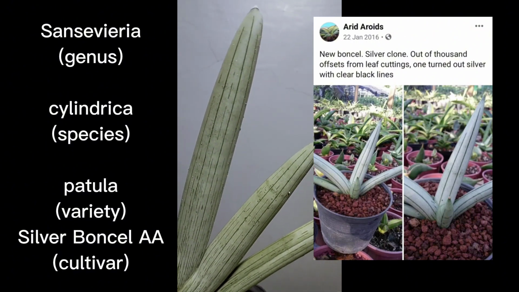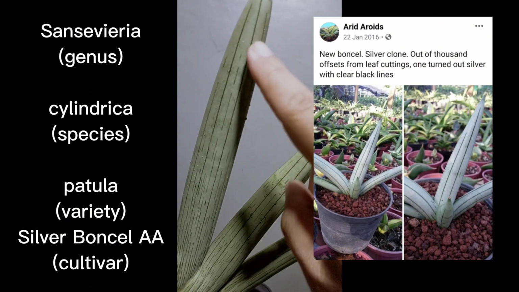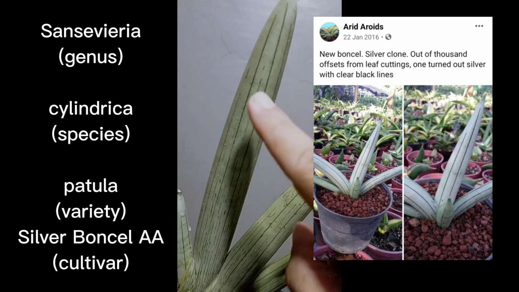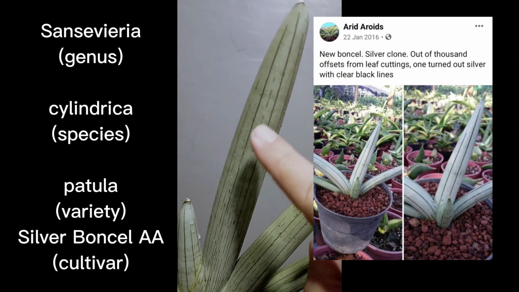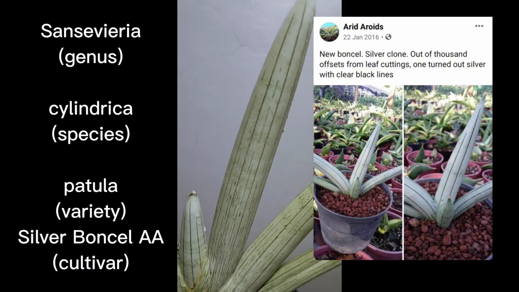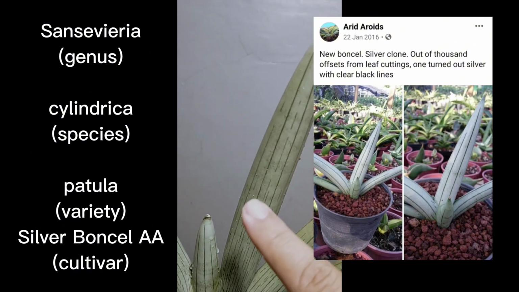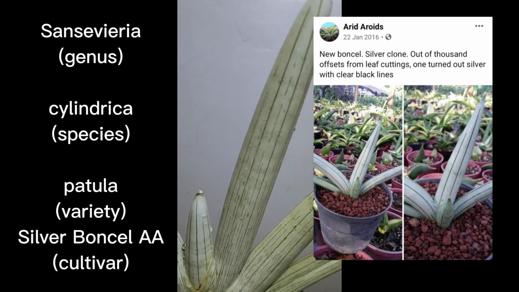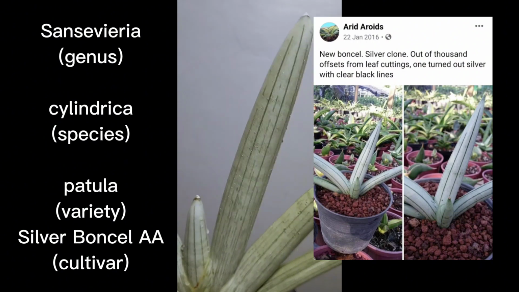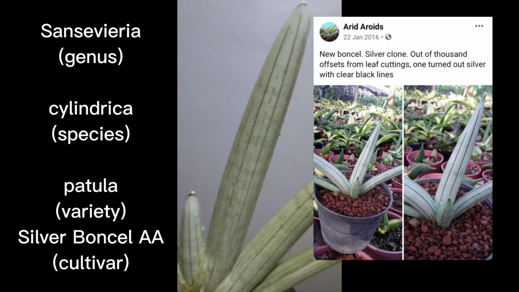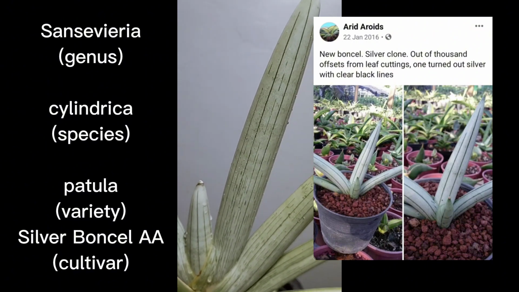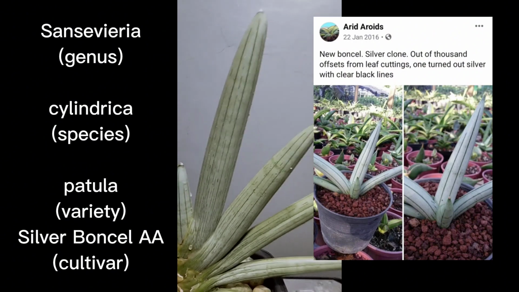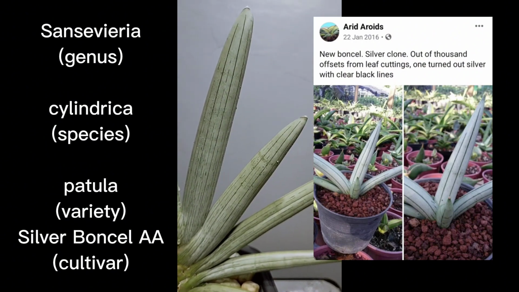having the original longitudinal lines or pattern. As you can see, there is a thin longitudinal line, and then beside it would be the broken longitudinal lines that are dash-like in appearance, and then followed by another dark green longitudinal line in succession. So it is an alternate long dark green line, then followed by broken dark green line, then again dark green lines. That is the common pattern of Sansevieria